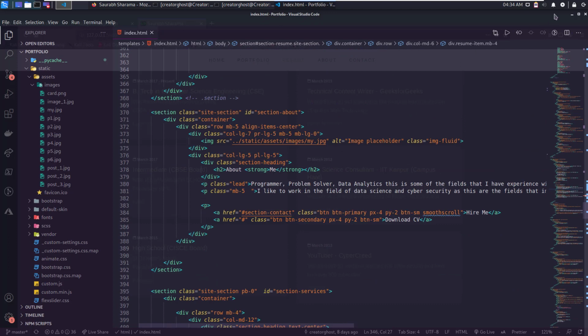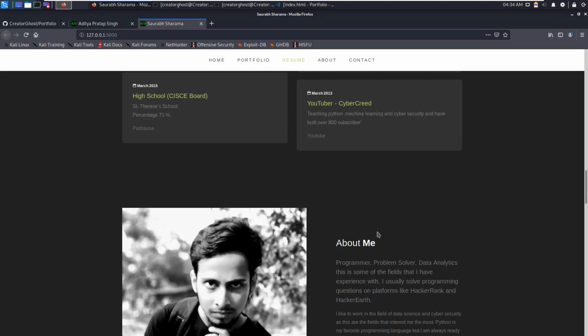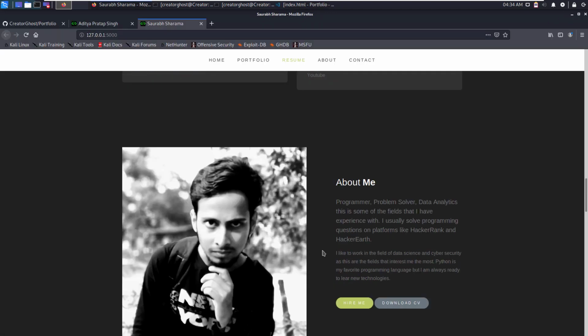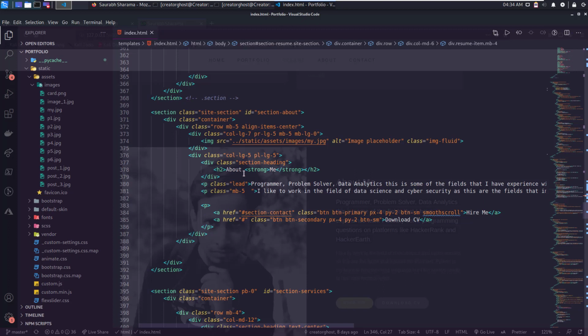And here we can see that we have our little about me section, and here is the image of mine, and here I have written some words. In order to change that, we can see that here is our about me section. In about me, you can write anything about yourself that is most important, and that will be inside the bold text. And then you can write something more about yourself, the field that you are a little bit less interested in, and it will work perfectly fine.